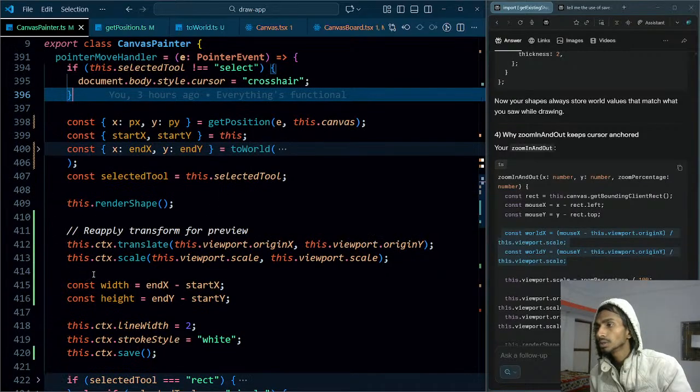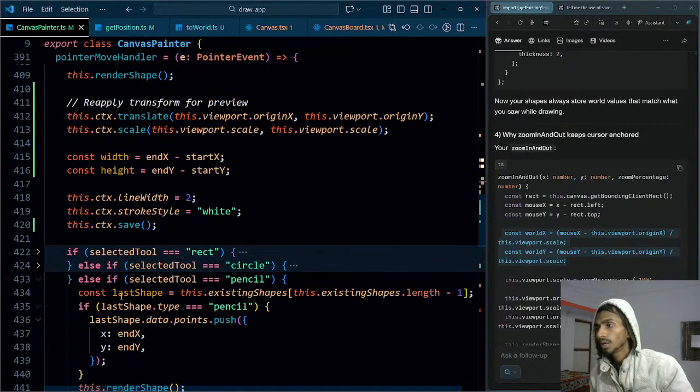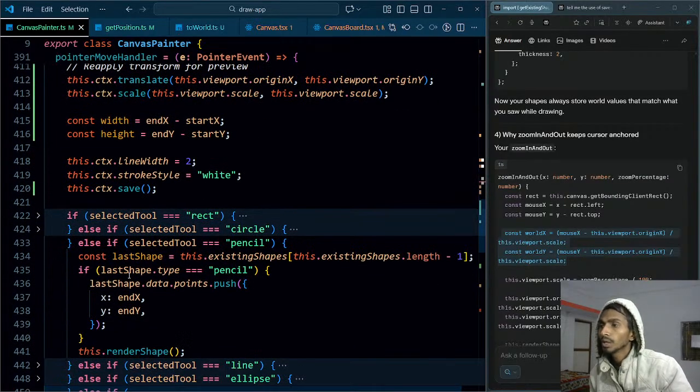We actually scale it. Even this is not a reply transform for previews. We are calculating width and height. And then when it comes to pencil, what we are doing, first of all, we get the last shape, the existing shape,